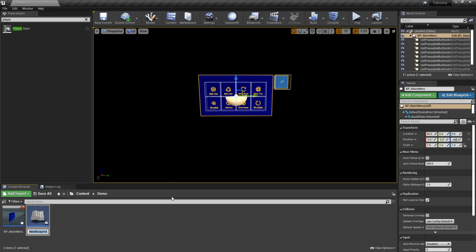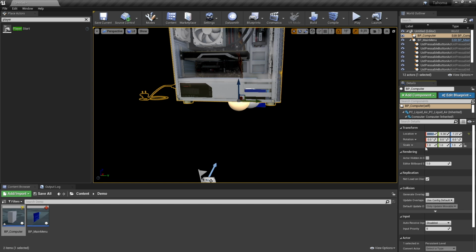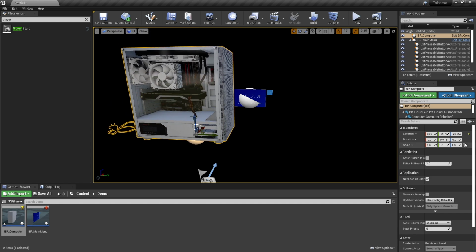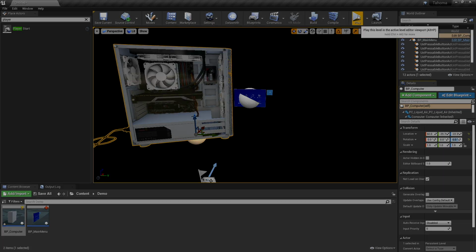I'm going to name mine BP_computer, and I'm just going to drag that into the scene. We'll put this 60 units away, and then we'll just kind of move it off to the left a little bit. Maybe we'll rotate it a little bit just to kind of frame it nicely.